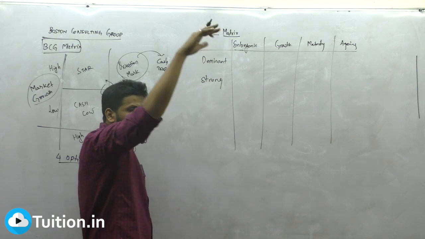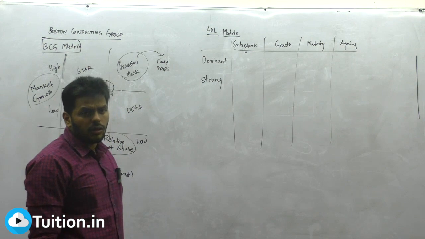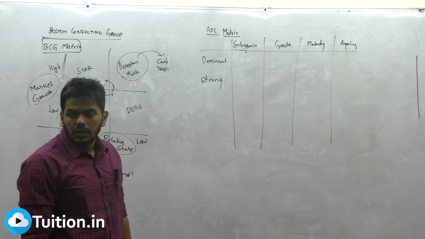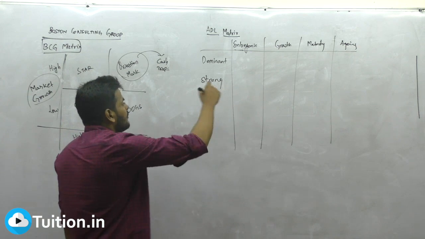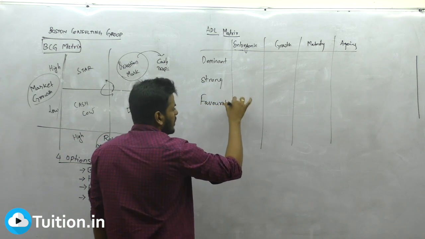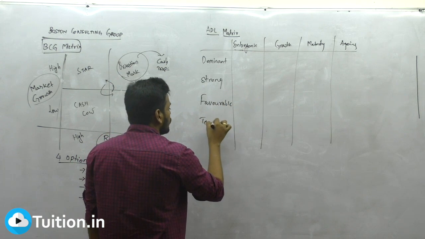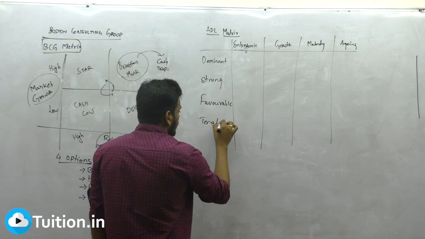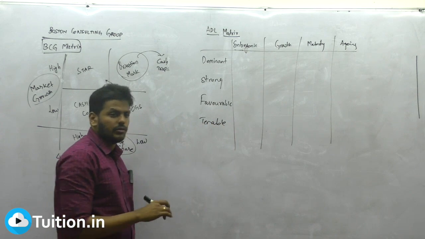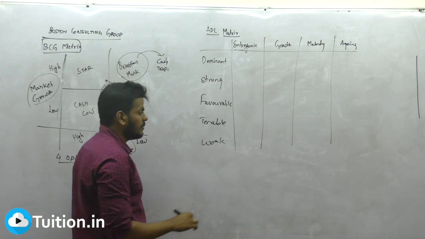Dominant companies are the best in the market, nobody is stopping them. On the top, strong companies whose financial condition is very strong, whose products are very successful. Favorable companies are those which are making profits, which are decent, which are doing good for themselves. And then we have tenable companies which are manageable, kind of break-even. And then ultimately the weak companies, struggling to find their mark in the market.